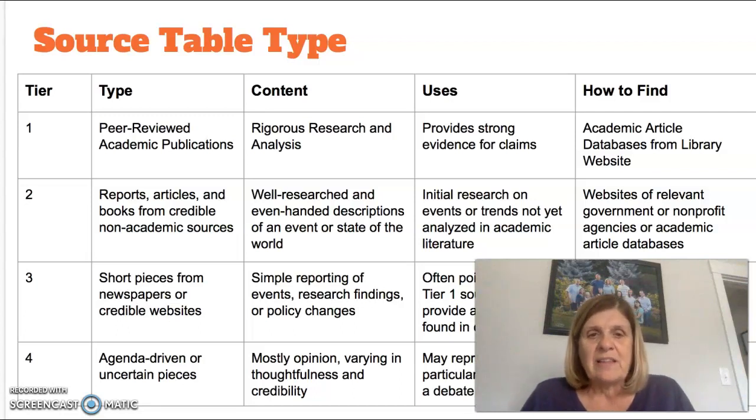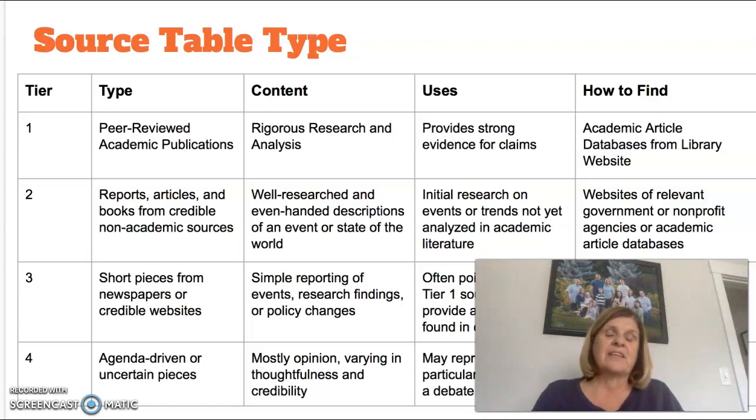Tier 3 is information that is informative, but it is written by non-experts in the fields. So any magazine articles or newspaper articles would be considered Tier 3. They work really well for high school research papers, but not for college. And then finally,